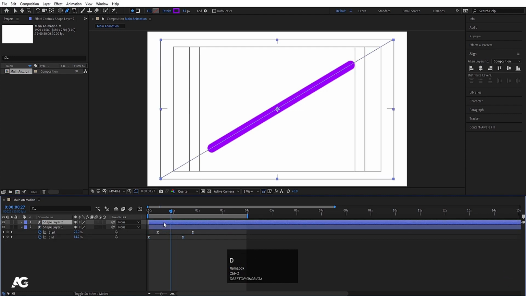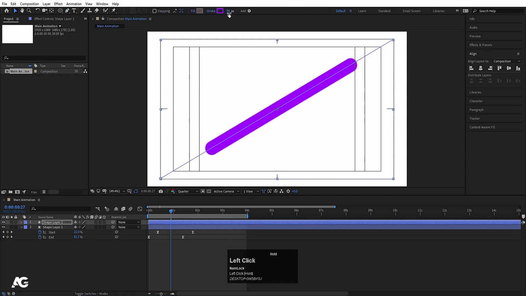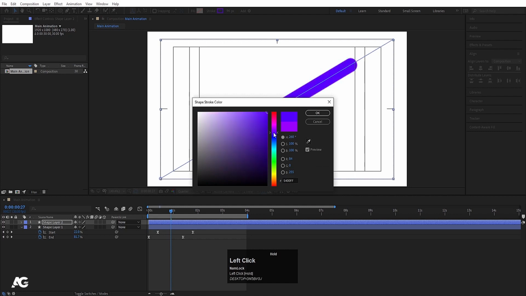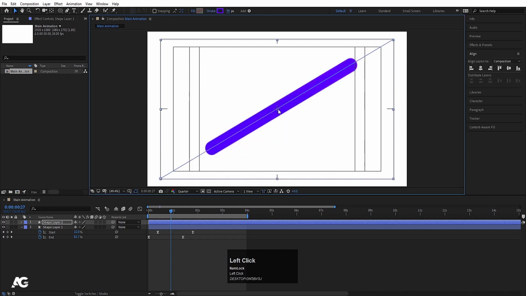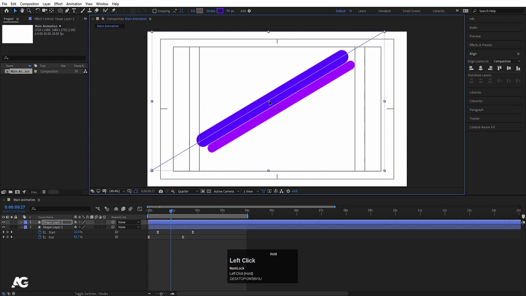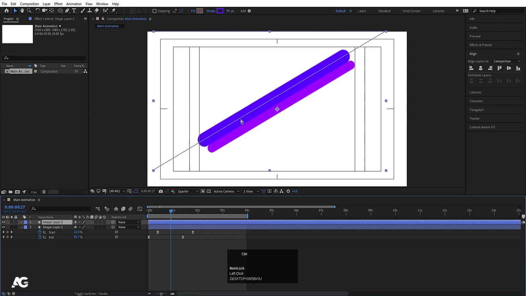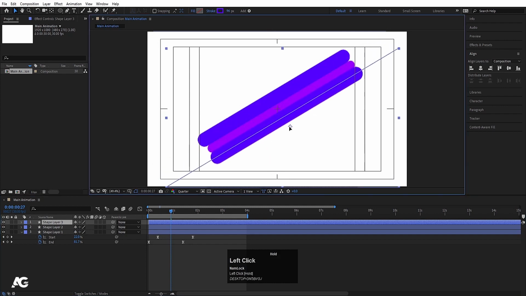I'll hit Ctrl D to duplicate it. I'll choose my selection tool and I'll increase the stroke width for this one, and I'll change the color of this one to blue, and I'll move this thing over here. Again I'll hit Ctrl D, select this layer, hit Ctrl D. I'll move this thing over here